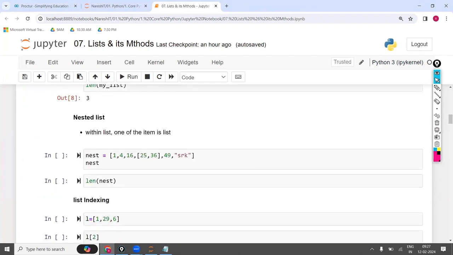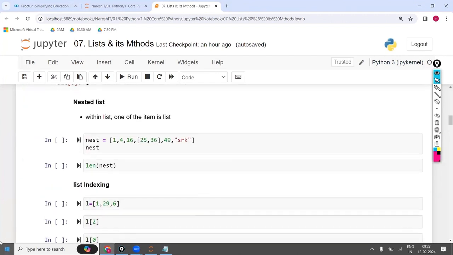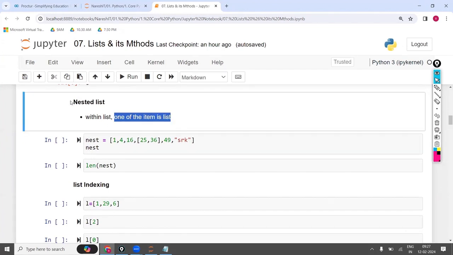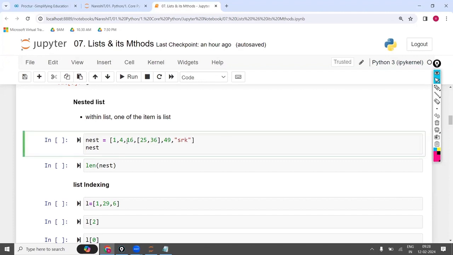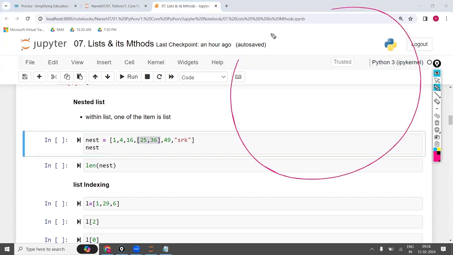Now, coming to the next one: within a list, if one of the items is a list, then it is called a nested list. This is the most important point. Here, again, 1, 4, 16, and one of the items is a list item. How is it going to create the object?